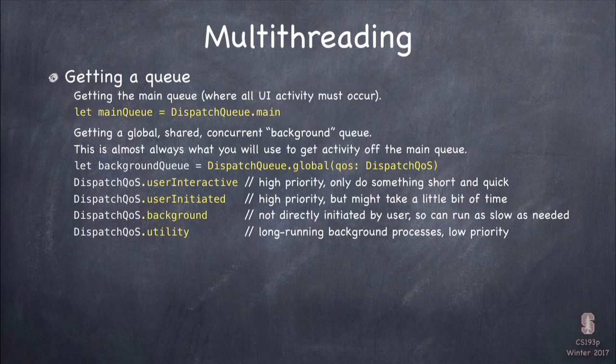Low quality service is, well, the system will pull your thing off when it feels like it, like maybe the phone got woken up for some other reason. It's not going to wake your phone up to do it, and it's certainly not going to block any higher priority thing, that kind of thing. But the quality of service is not like a number, 0 low quality, 10 high quality. Instead, it's kind of a flavor of usage. These are the 4 qualities of service here.